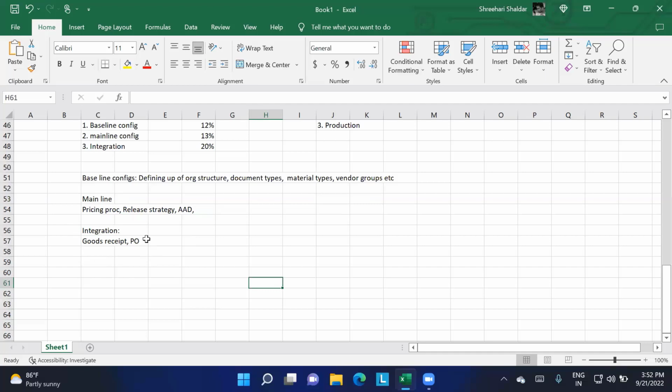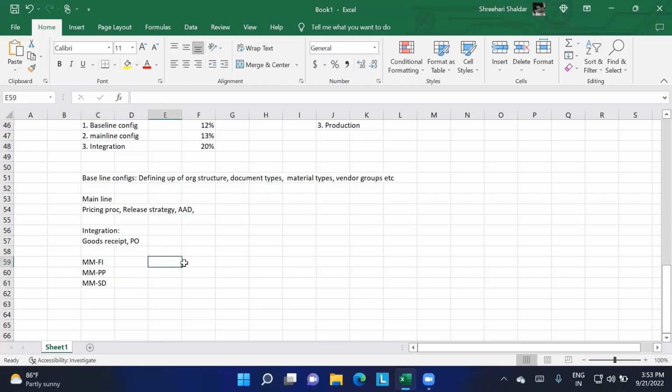First we will do the configuration of all these things, then we will do certain testing of that. Here also we go through some integration: MM-FI integration, MM-PP integration, MM-SD integration.